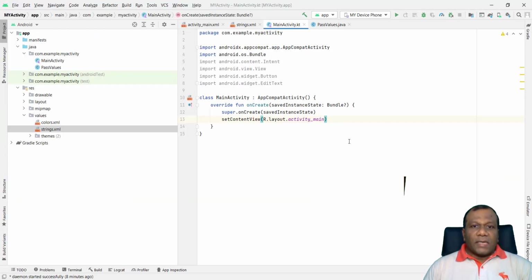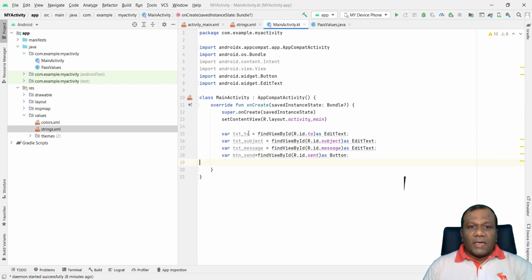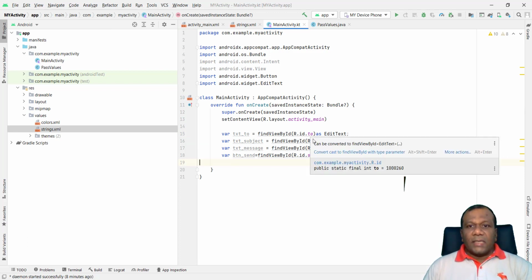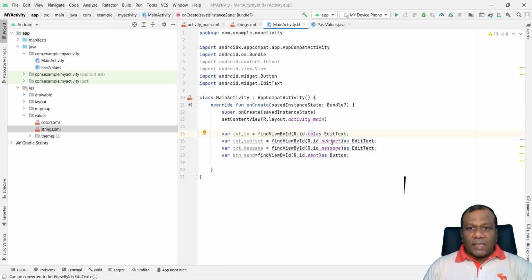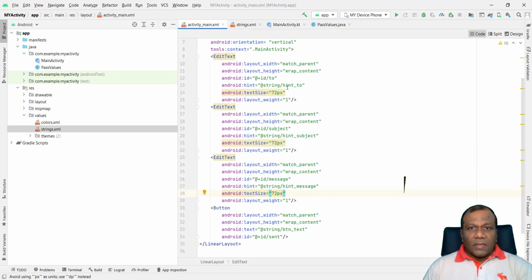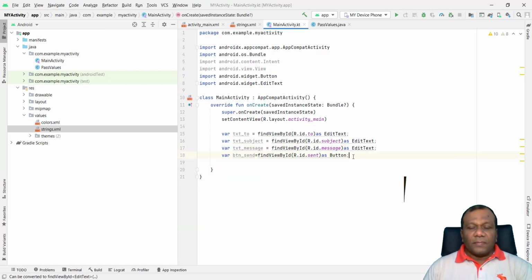So under the set content R.layout.activity_main, I will cast the values here: var txt2 find view by id 2 as edit text. These are the IDs what we made in the XML. Here in the activity XML, here id 2, the other ones are subject, message, and the btn text. So straight away we are casting that one.